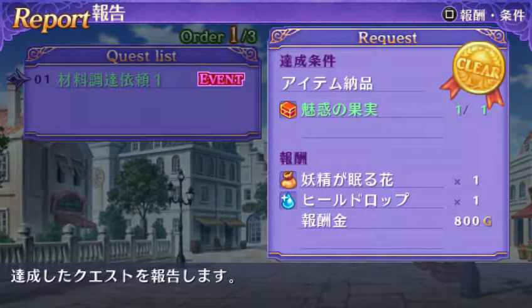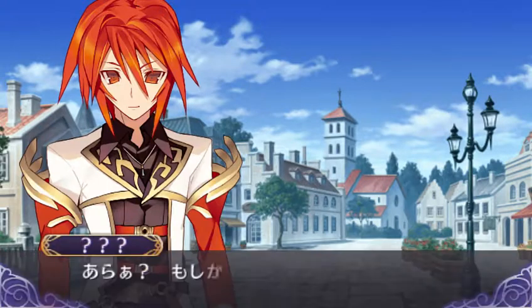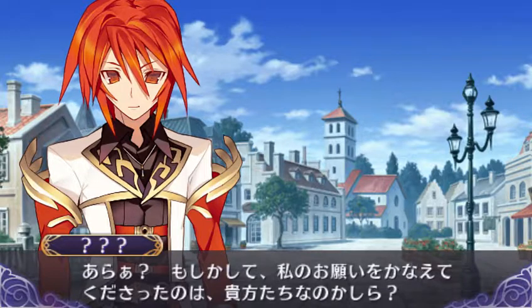So this is... okay. So we just returned the first item. We got the first item, and now we're gonna meet Cupra. This is who she is. She's actually supposed to be...